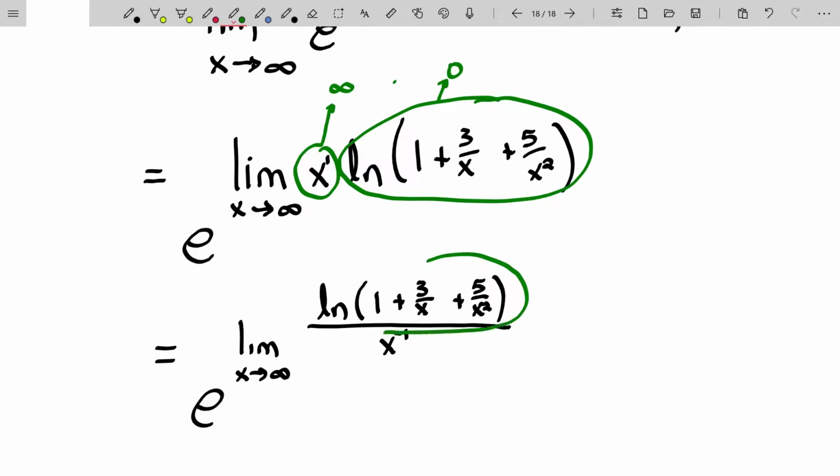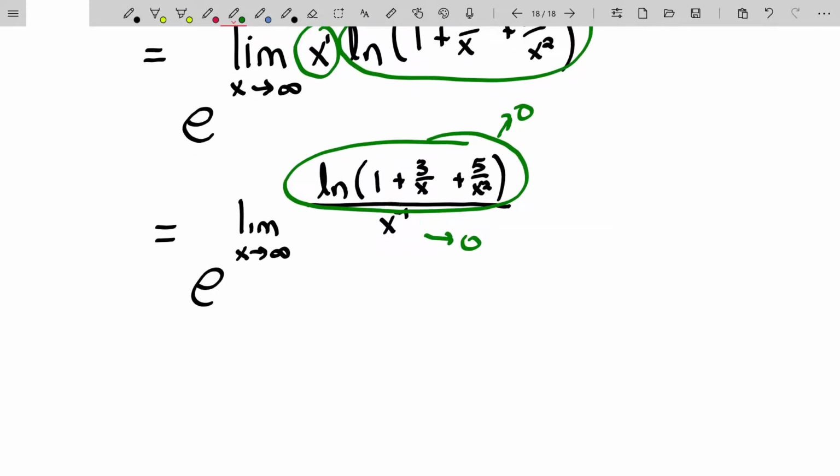The natural log of 1 in the numerator, which is 0. And this is 1 over x. As x goes to infinity, that will approach 0 as well. So now we can use L'Hopital's. I need to remove that green ink so I can see what I'm doing. So using L'Hopital's rule, equals via L'Hopital's rule,